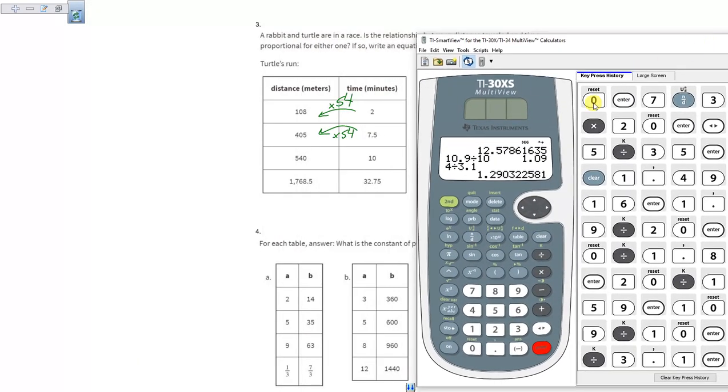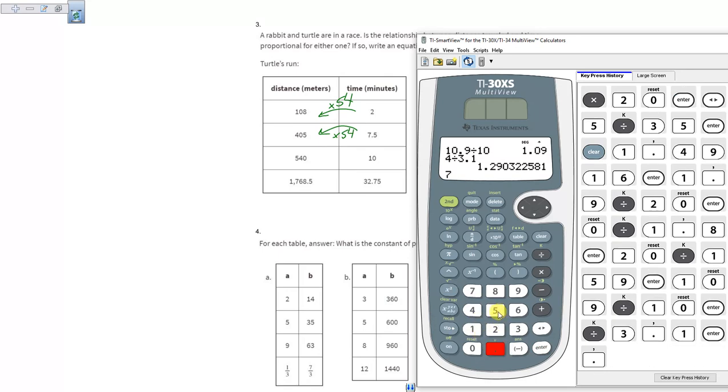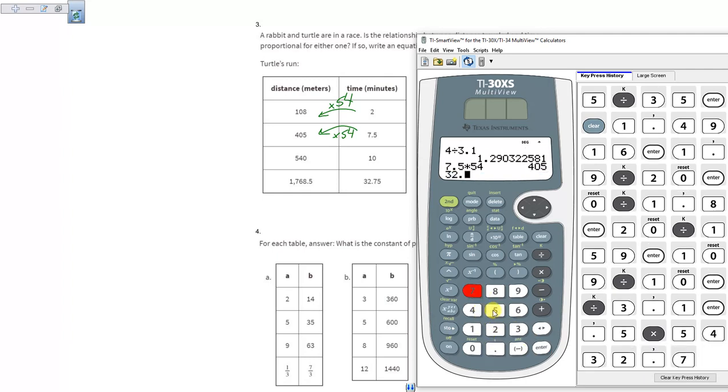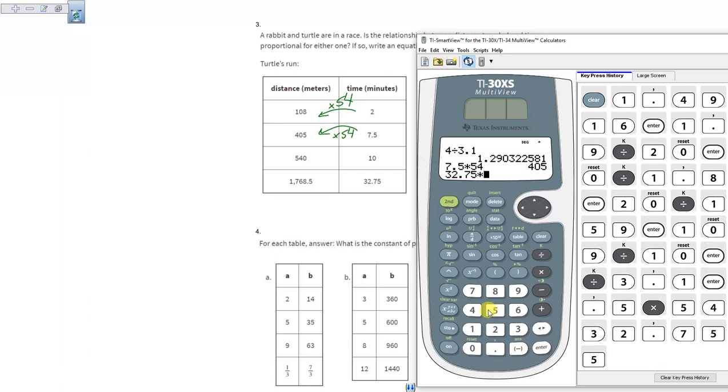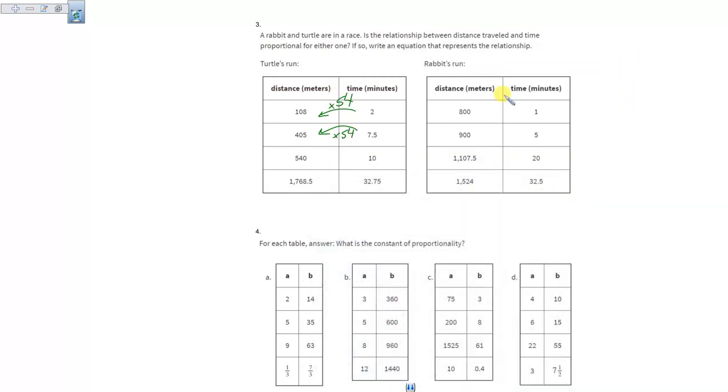So the first one there, 10 times 54, that works. Is 7.5 times 54 equal to 405? Yes, it does. And does 32.75 multiplied by 54 have the same relationship and get me the 1,700? Yes, it does. So this is a proportional relationship, and we can easily write an equation for it by using